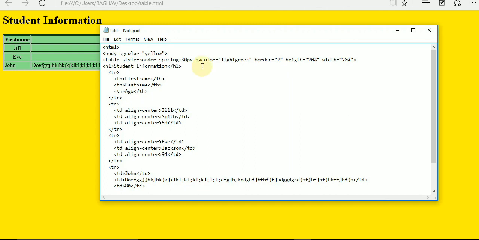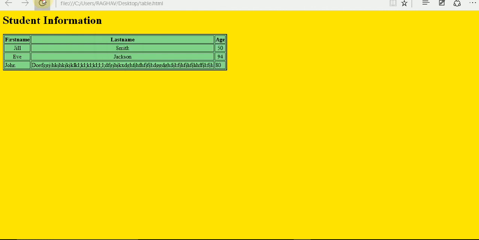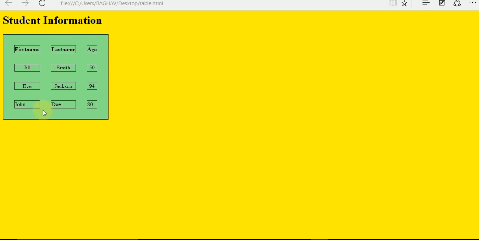Then press Ctrl S. First remove this, it is not looking good. Then press Ctrl S. I am setting the border spacing here. Then see the output. See, this is the border spacing between the cells and the table. This is how you can set the spacing between the borders.